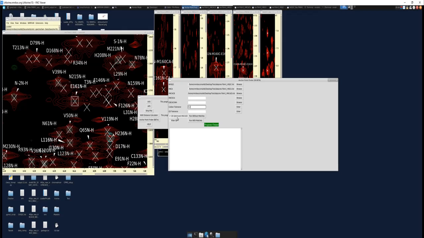And we're using a C beta optimized HNCACB, right? So that's important to just keep in mind. If you're using a traditional HNCACB where the C alpha shows up, do not check this box, right? So if you click here, run without matches,